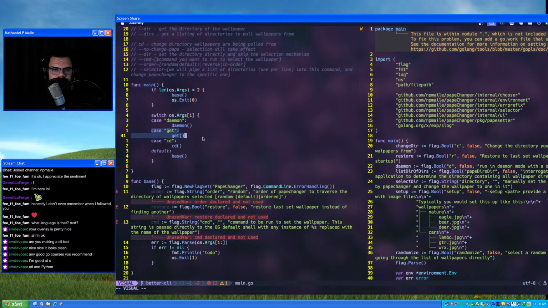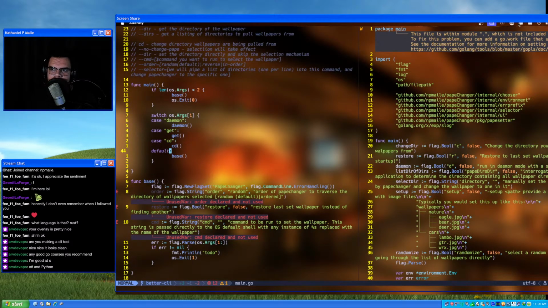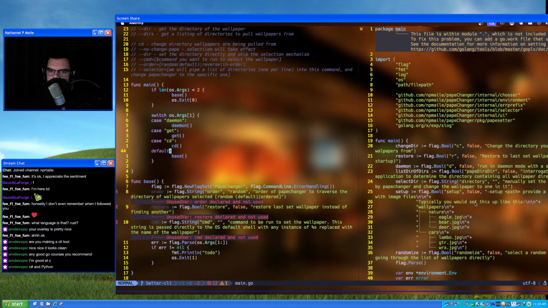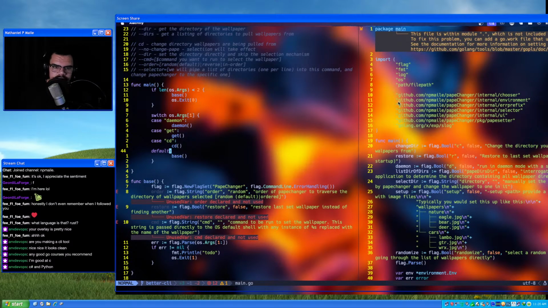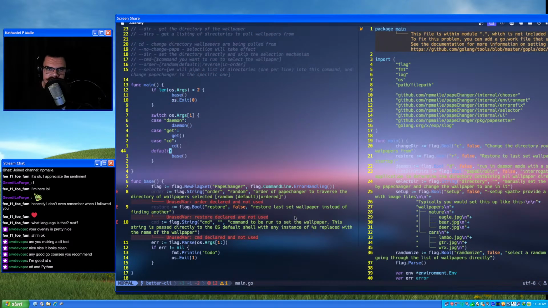Otherwise, we'll have a get argument that will just return whatever aspect of the PapeChanger environment you want, and the cd will just change which directory it's pulling wallpapers from. Kind of the same thing I'm doing up here. Right, and choose a different wallpaper directory. Go to Cozy Taverns. You can see it change in the background. Go with orange. Anyway. Oh, maybe that's a little difficult to read. Let's do, like, I think a pink comfy one. There we go. That stuff isn't too bad to read.